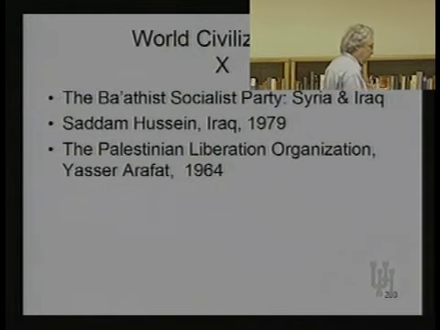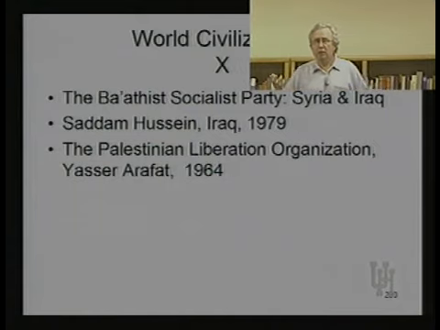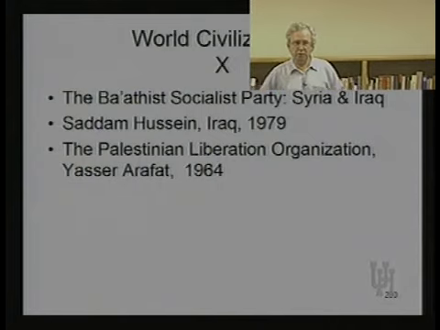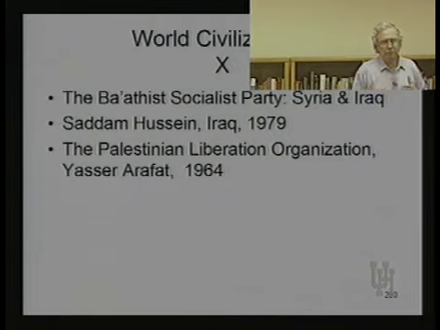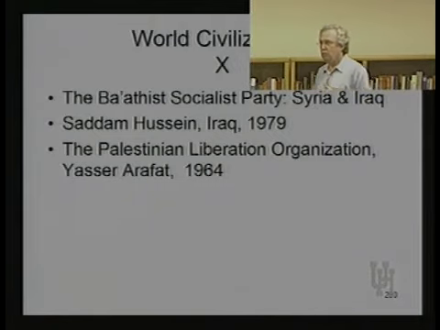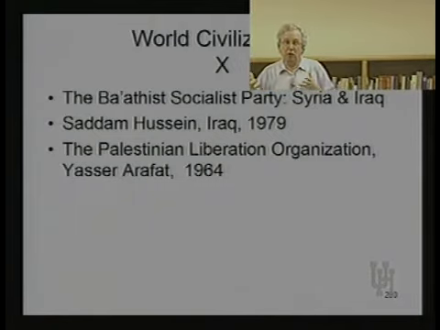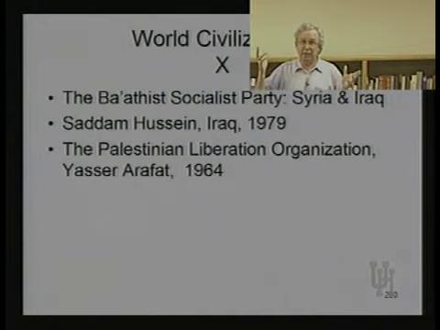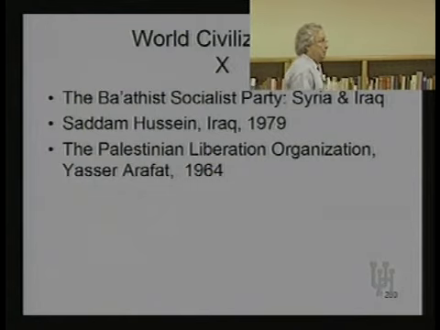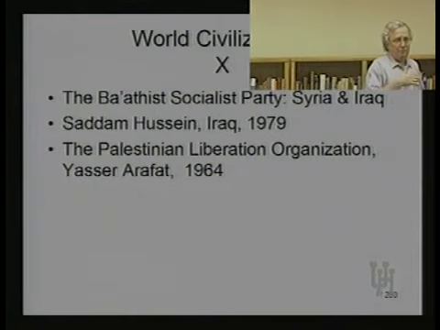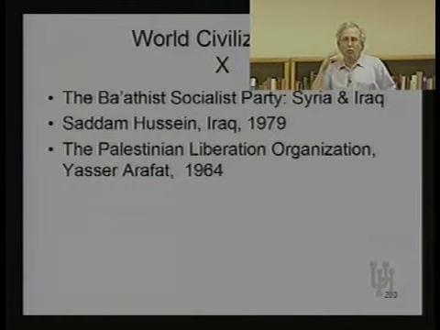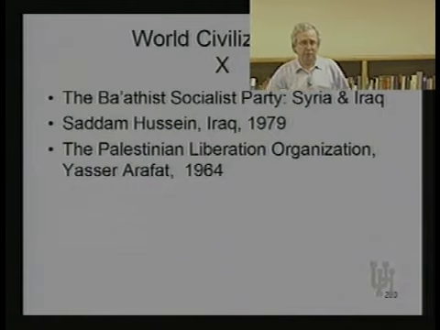Yet another such organization is the Palestinian Liberation Organization, which emerges among the Palestinian population that has been ousted from Israel and is now living largely in Jordan and in certain territories, Palestinian territories, bordering Israel. The PLO, the Palestinian Liberation Organization, is meant to create an independent Palestinian state. And it, too, is focused on the ideas of nationalism, just as